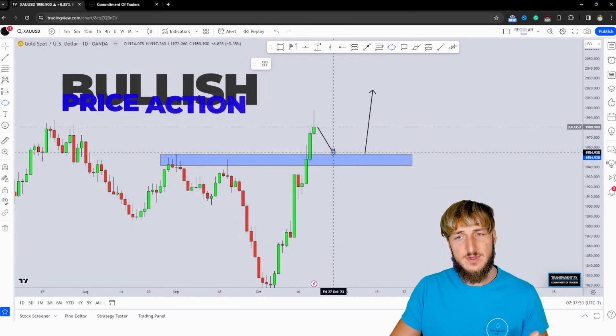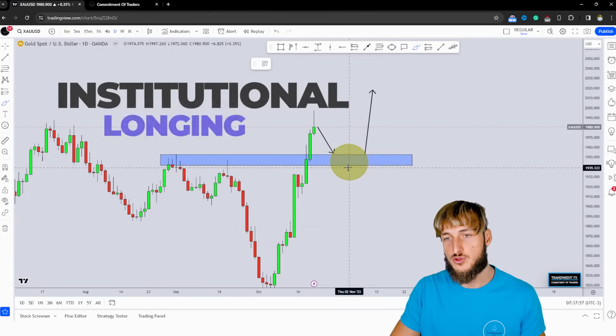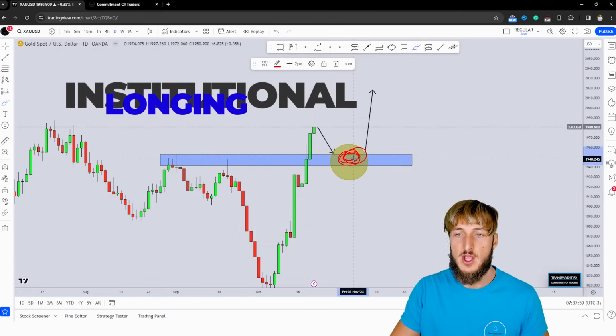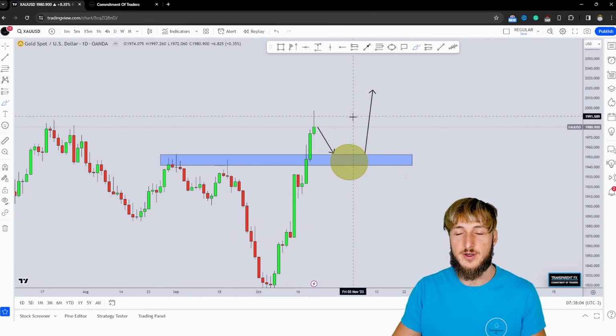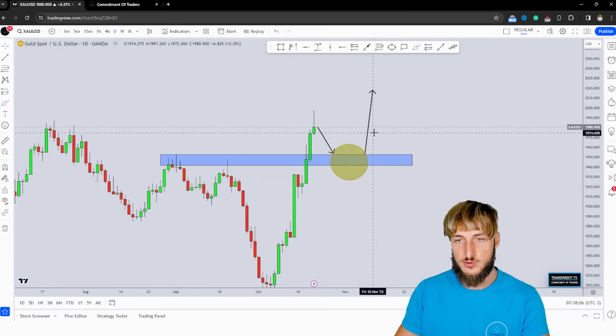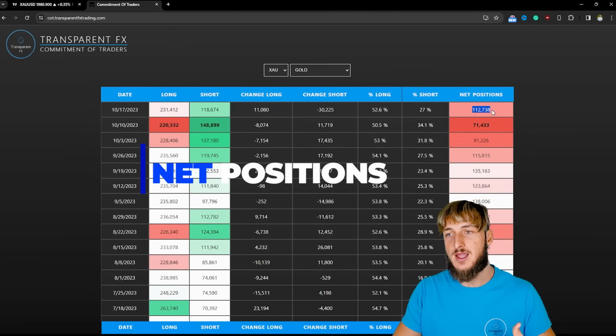Now, this is a quite interesting zone, especially because we could see institutional longing inside of this area, which at that point would further increase the probabilities of a potential move higher. Now, why do I say more institutional longing? Because if we go and see what we have when it comes to the commitment of traders, so what institutions are doing in the market, we can see with the last report, we went from 71.4k net positions to 112k